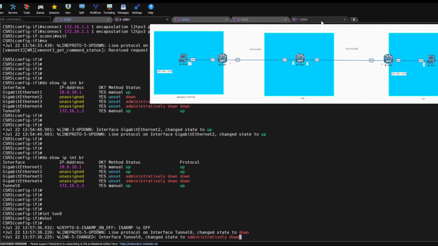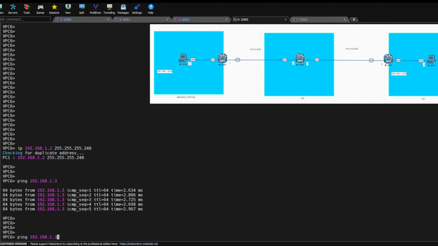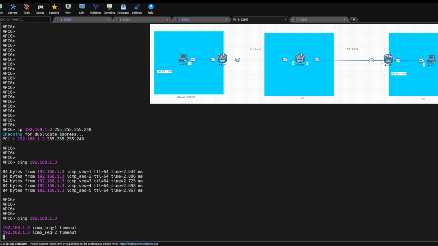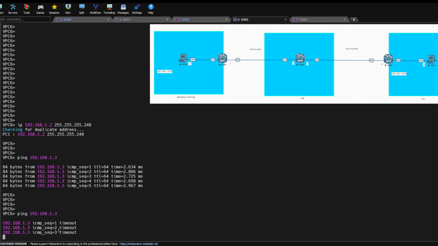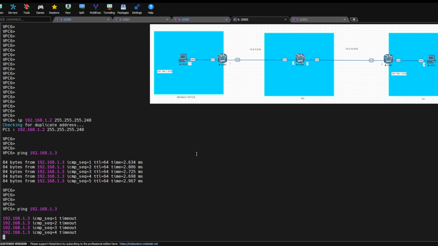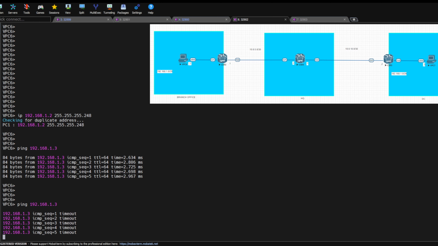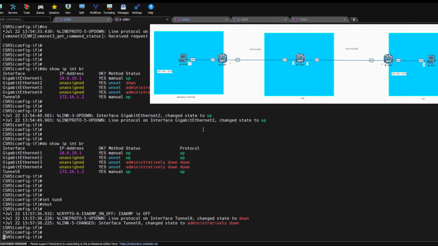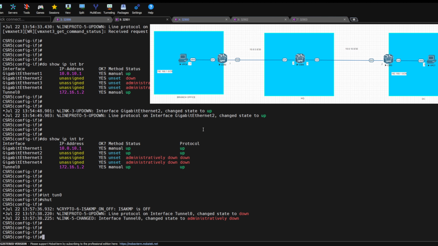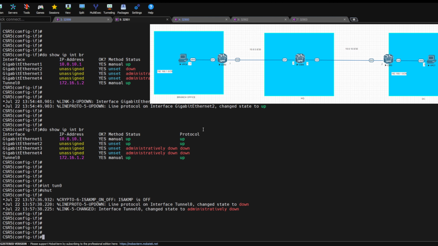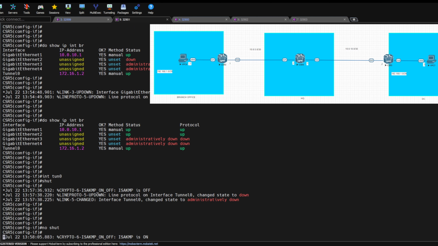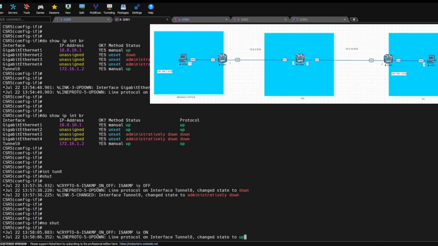Is that down? Yep, so that's down now, as you can see. So if I was just to ping, you can see now that that's timing out. It's not possible to ping, and that shows that the traffic is going over the tunnel, and we're basically extending that same network over the tunnel. So if I just do a no shut again,